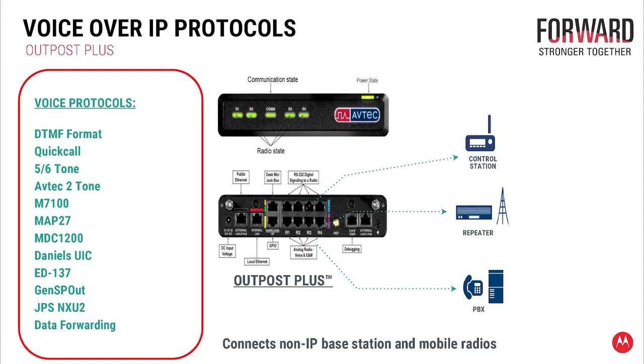So the third important module is Outpost, an intelligent 4-port voice over IP solution. This is hardware deployed on various sites for connecting donor radios and repeaters of different protocols such as DTMF, QuickCall, 5-tone, 2-tone, MBP27, MDC 1200, and many others listed here. We can also connect PBX through the Outpost Plus. It has provision for connecting internal Ethernet as well,